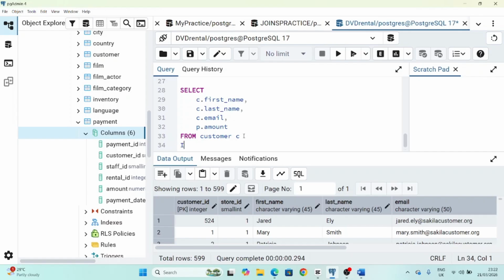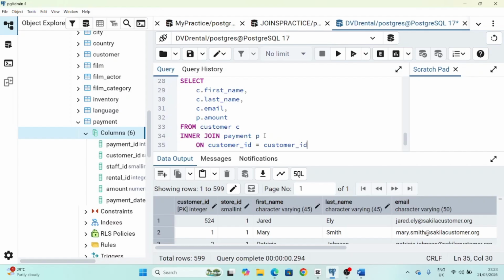So you're going to enter the next statement, which is your inner join. Inner join what on what? That's what it means. What table do you want to use to join with this your customer C? You want to use payments, right? Payment table, yes. So you're going to name this as P. That's why we are using this P with amount column, because our amount is from our payment table. So now on what do you want to join these two tables together? What relationship do they have in common? They have customer ID in both tables. So we are going to use customer ID is equal to